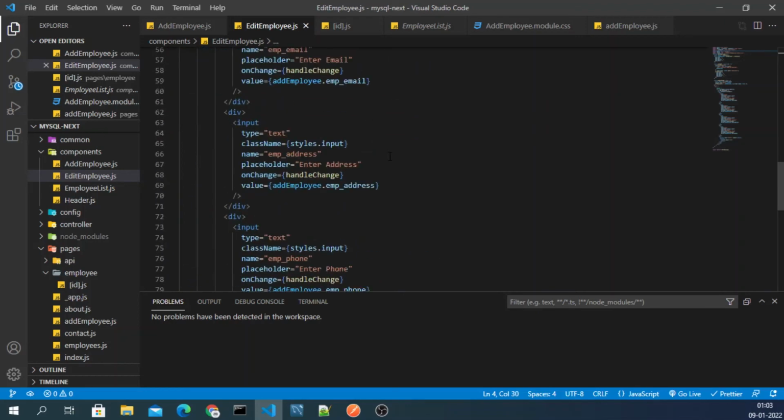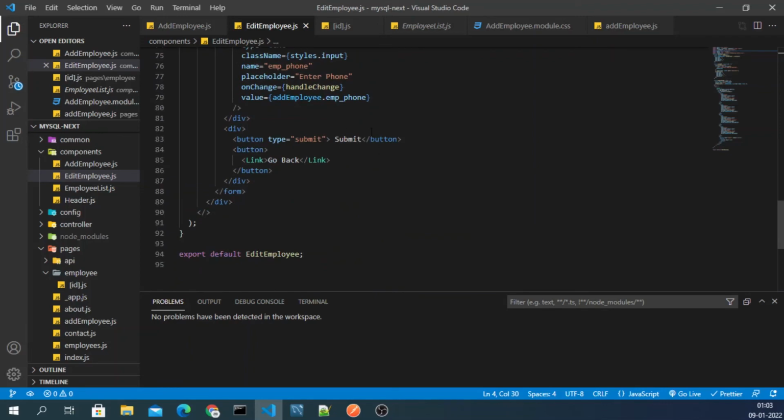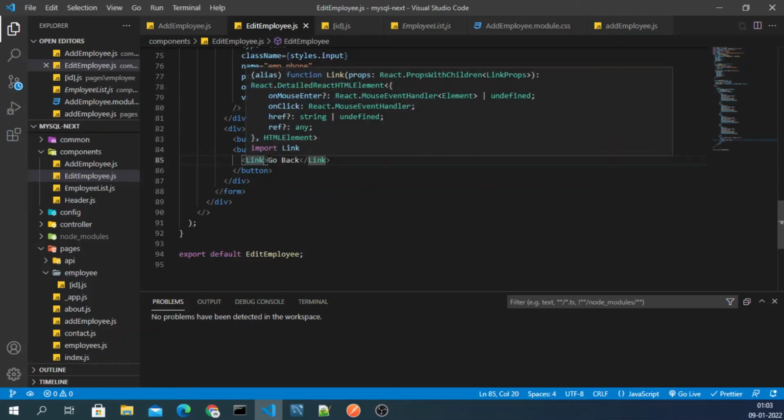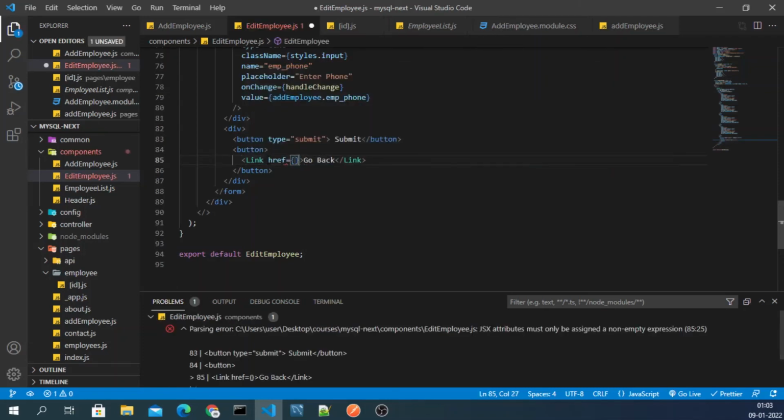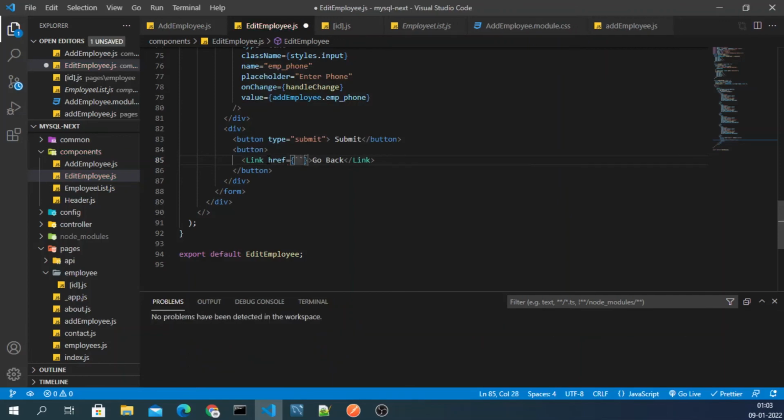So when we update any employee, after updating we should be directed to the employees page only. So we also have to give here href, and it will take us to the employees.